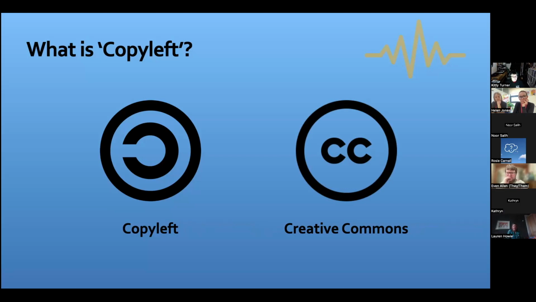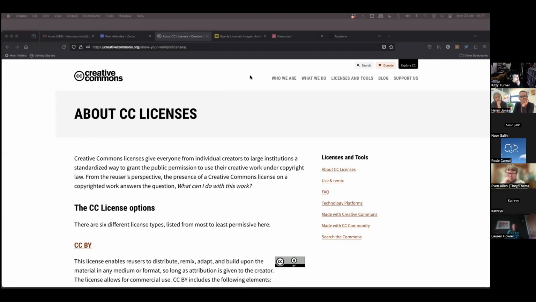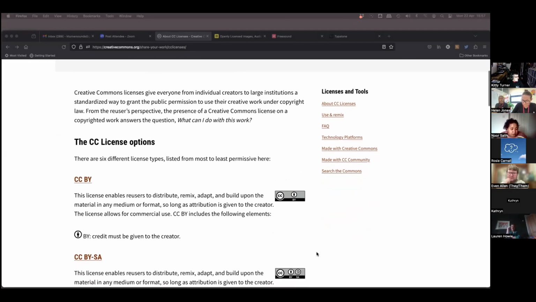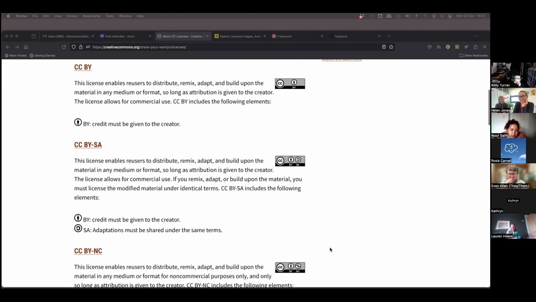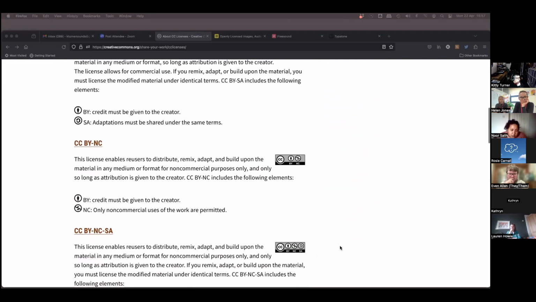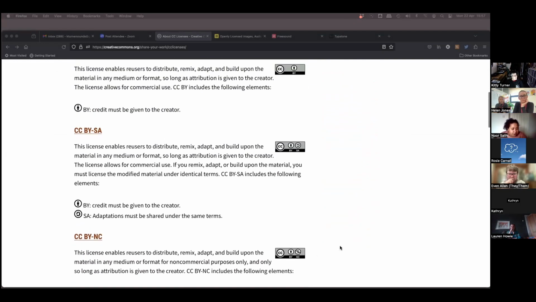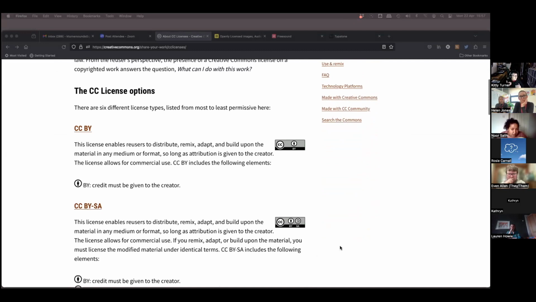So I'm just going to exit out of here. And you should be able to see here the Creative Commons website. And here is a list and explainer. Again, this link is in the end of this slide deck, that's what it's called. So here are the list of different kinds of Creative Commons licenses. And they're different because they might ask for different things and they might have different restrictions on them.